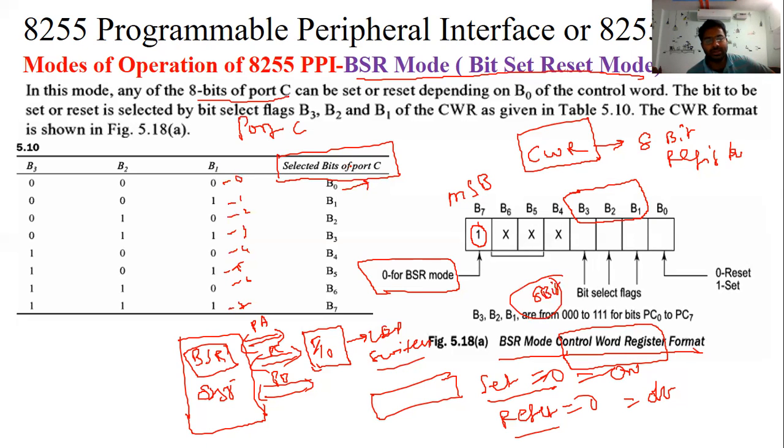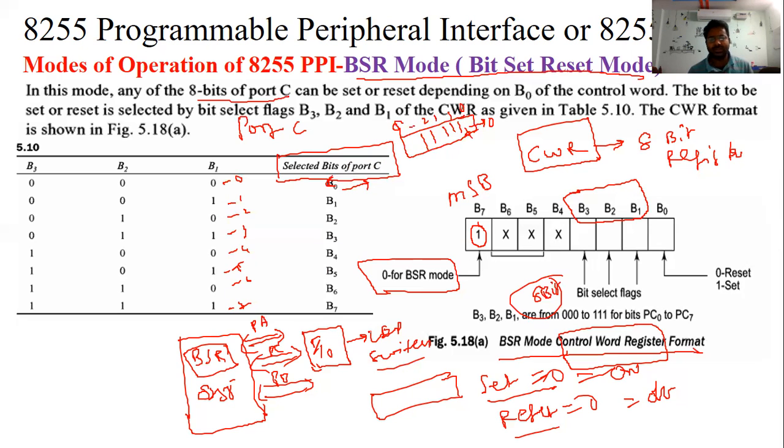Okay. So in this port C, port C is also 8 bits. Then this first 0, 1, 2, 3, and so on, 8 bits. If this first bit is selected, the first pin is selected. If the second bit is equal to one, the second pin is selected. If the third is equal to one, the third pin, and so on. This is the BSR. You simply bit set and reset.